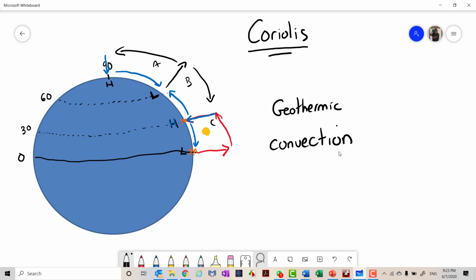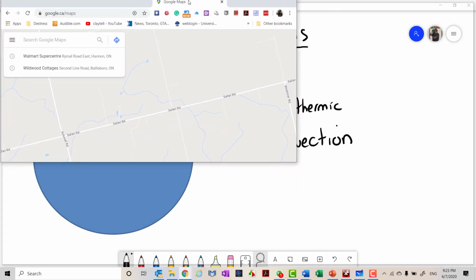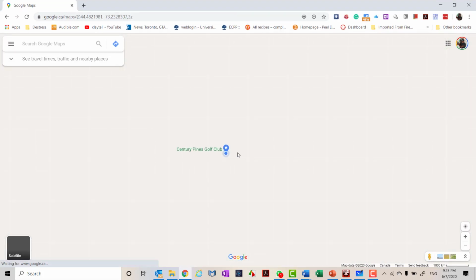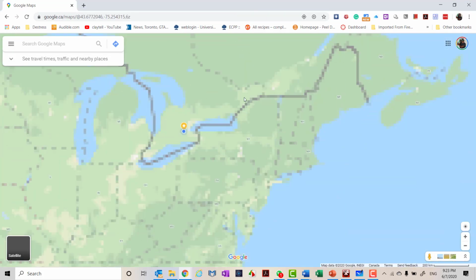So because the Earth is turning, let's say I was in Toronto, right? I'm going to grab the globe. And I'll grab an image. And I should really use Google Earth. That's probably better. Maps. All right. So let's say I'm here in Toronto